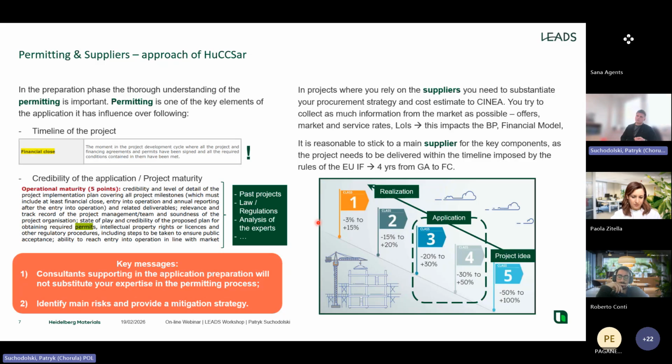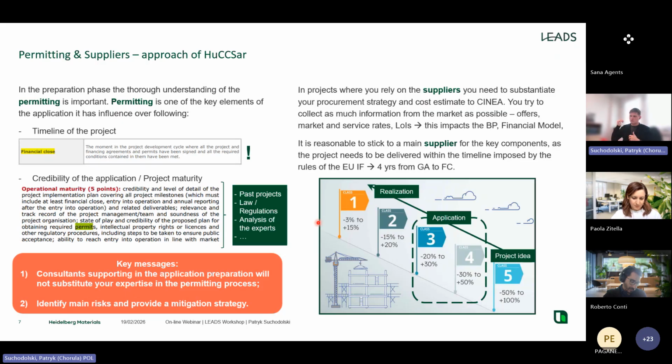Because the project maturity level also includes the permitting process, and the experts will mark how credible your plan is and what the measures are to reduce the risk of delays. You can use some past projects as an example, because there are some new permitting processes which will be associated with your project. However, there are always standard permitting processes, like for example the building permit and environmental permit. Usually you know how much time it takes to get these.